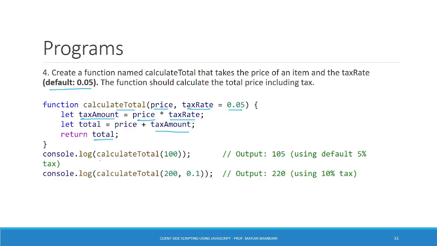And after that function we are calling the function with one parameter. In this case, it will take default tax rate as 0.05 and will output 105. If you pass second argument, it will override the default value and calculate the tax according to this value and will output